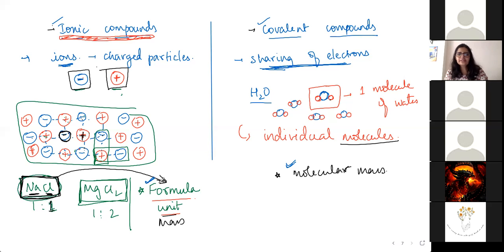Okay. But in any case, bottom line is formula unit mass, molecular mass, both are conceptually the same thing. For calculation sake, they are the same things. Just that formula unit mass use करते हैं ionic compounds के लिए और molecular mass use करते हैं covalent compounds के लिए. It's just the words we are using for different things. अगर ions है, तो we call it formula unit mass. अगर molecules है, तो we call it molecular mass.